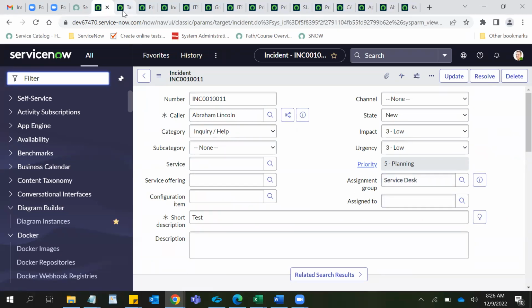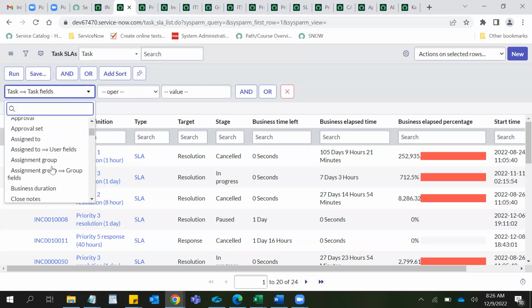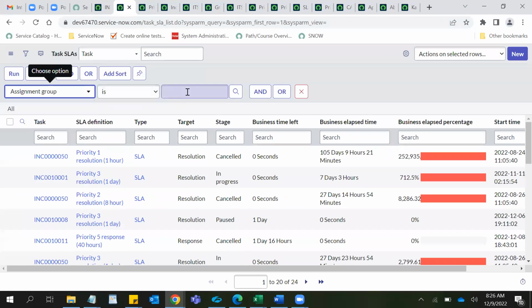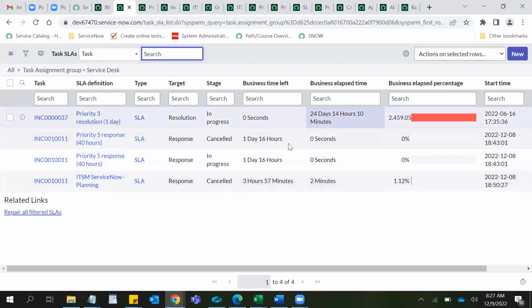That's why I'm dot walking. So I went to task fields and here I'll search for assignment group. So I know this is the assignment group. And here I'll search for service desk. Okay. Now I'll run this. Okay. So these were the 4 incidents which were submitted for the service desk assignment group, and these are the SLAs